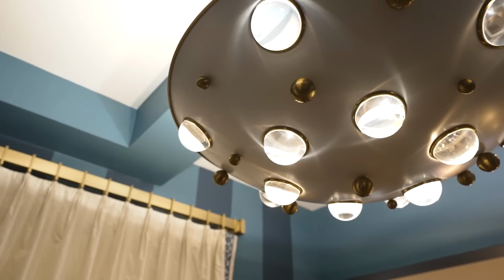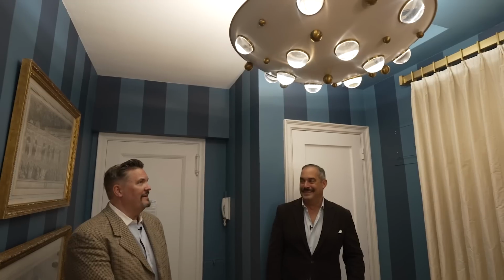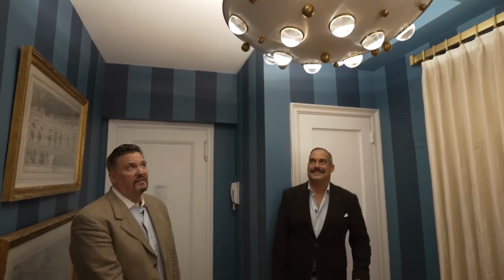And then this wonderful light fixture, which when we walked out of Kips Bay and you saw this in the window at Jonathan Adler, you had to have it. And I think it's great in here. It's perfect. Yeah, it reminds me almost of a sea creature